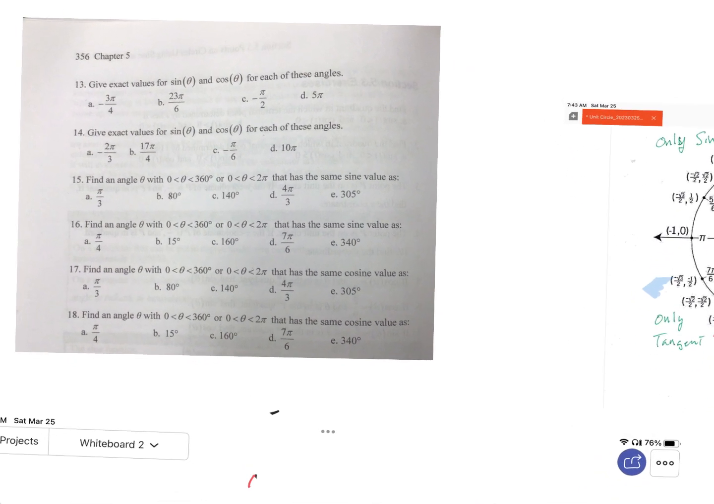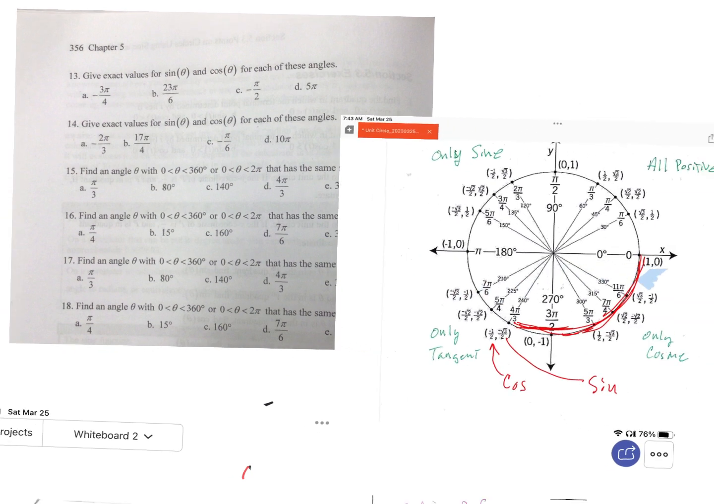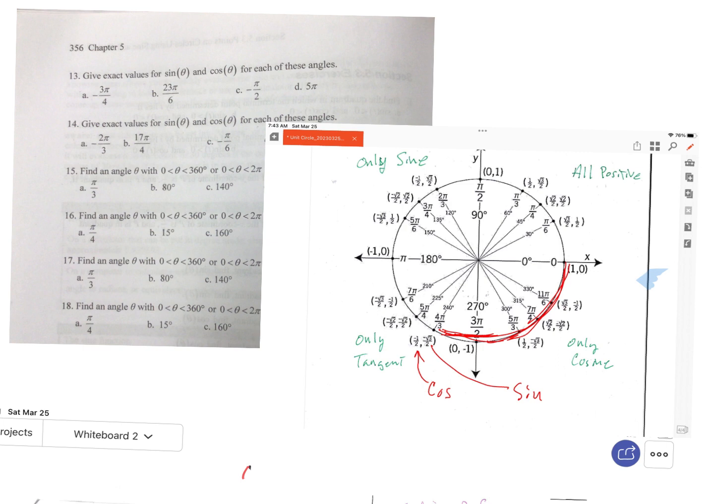So when I'm asking you to do questions like 17 and 18, or how about 15 and 17, since you have those answers, or maybe I'll do 16 and 18, so you don't have those answers. You can look at 15 and 17 and see that. They're asking me to find an angle between 0 and 360 or 0 and 2 pi that has the same sine value as pi over 4. So what you have to ask yourself is, here, let me get this unit circle back. Come on. There we go. So pi over 4